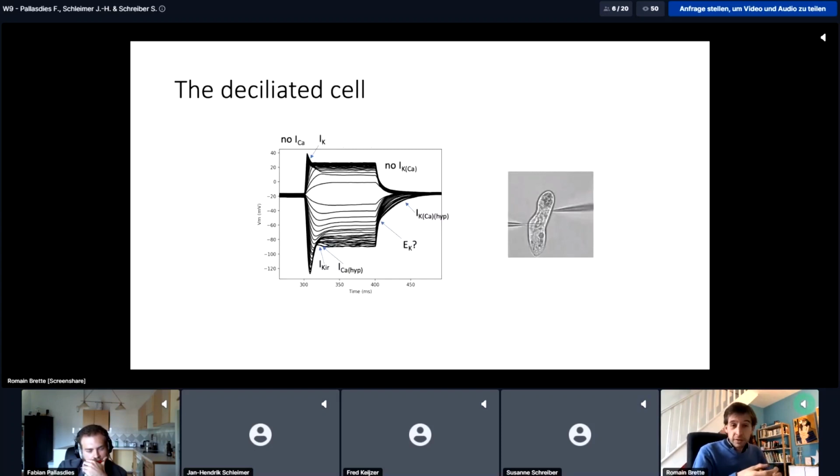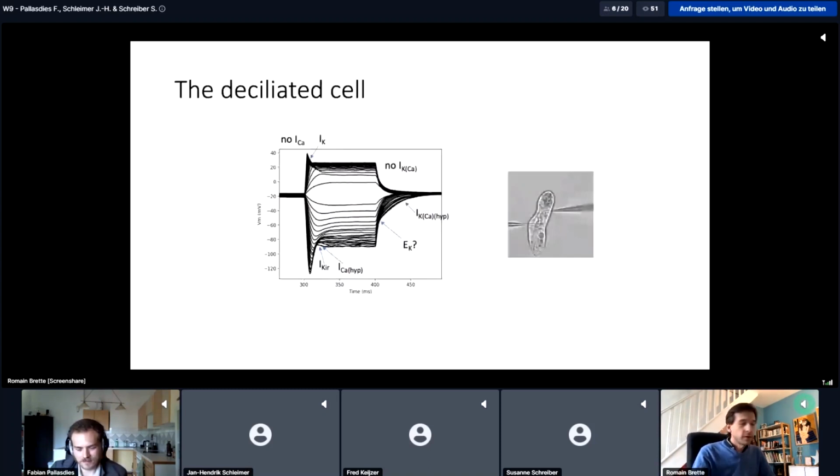So the way you do that is you put the cells in alcohol, you shake, and then the cilia fall down. And if you do that, you get a nice cell without cilia, like round and nice, and the cell is alive. In fact, within a few hours, the cilia grow back and it can swim again. So it's still a recording, in vivo awake recording, okay? And what you see here is just responses to pulses.